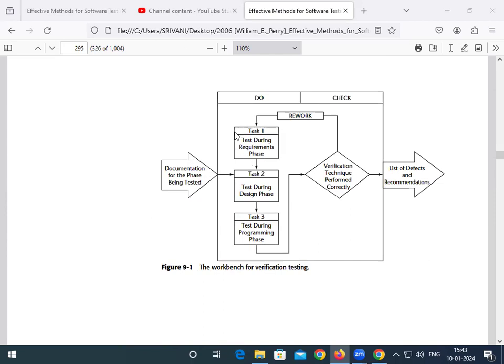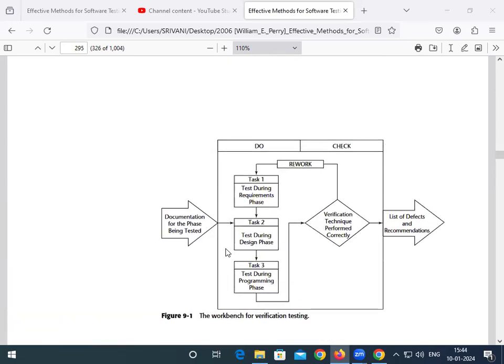The first task is testing during the requirement phase. The second task is testing during the design phase. The third task is the programming phase. Next, go for verification techniques to perform correctly, and list defects and recommendations in the checking process. So here is the verification testing process. The first,